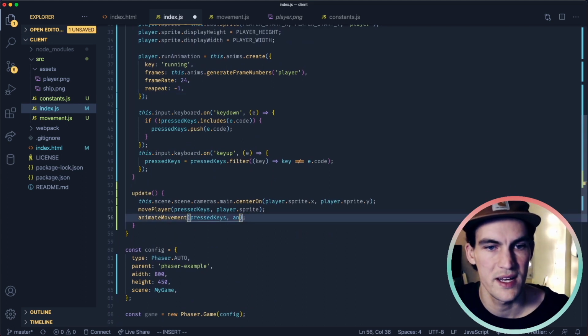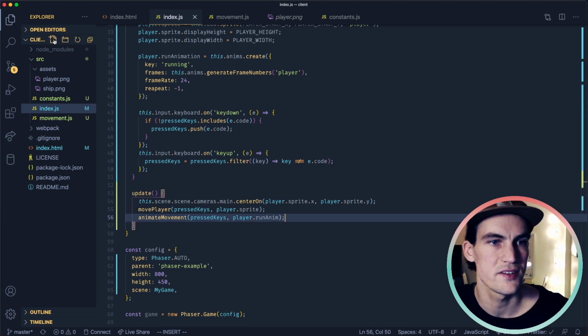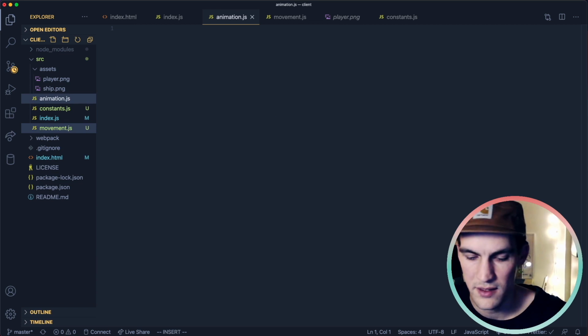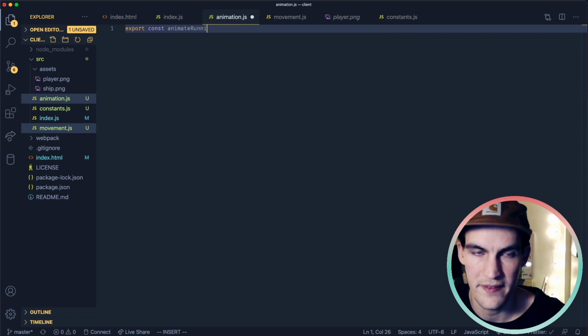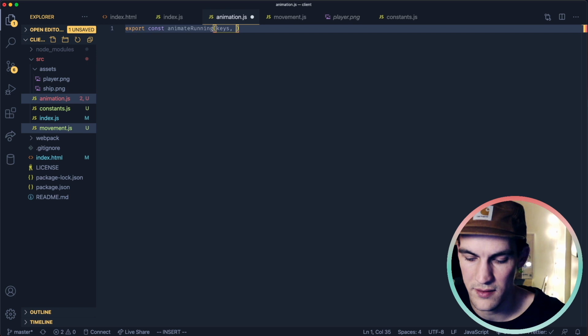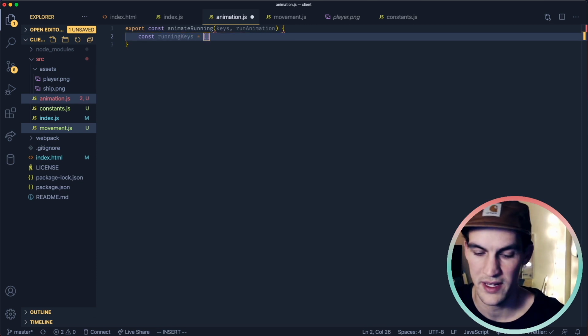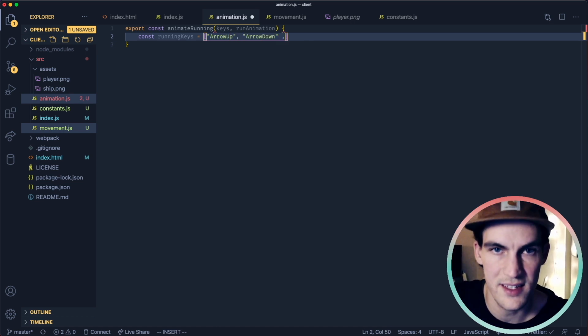So we can pass in the player.run animation. So let's create a file for that, Animation.js. Export const animateRunning, which takes in keys and run animation. Running keys is equal to an array. So we can create an array of all the keys that indicate running: